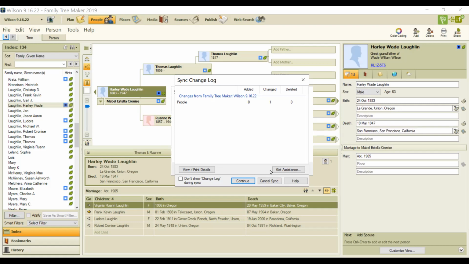The synchronization works with MyHeritage only with their proprietary program. They have a special program that is designed for your computer to go with MyHeritage. Okay, and that's the only way you get synchronization. We'll talk about that at the end. Okay, so moving along, I'm going to go to